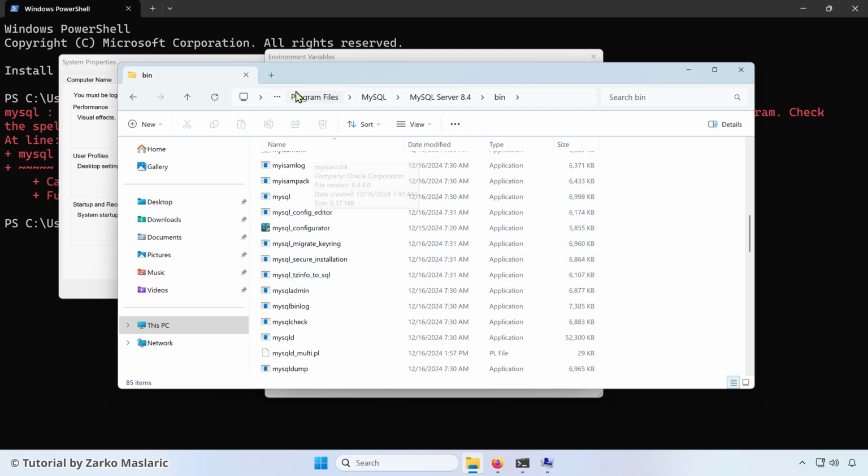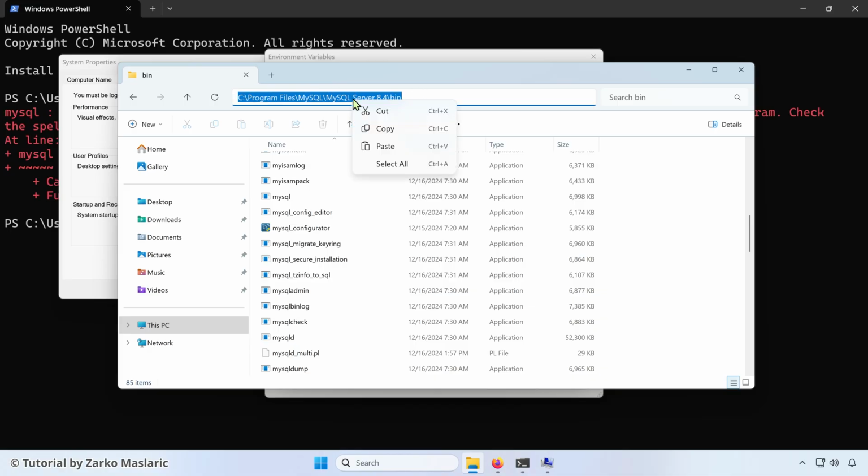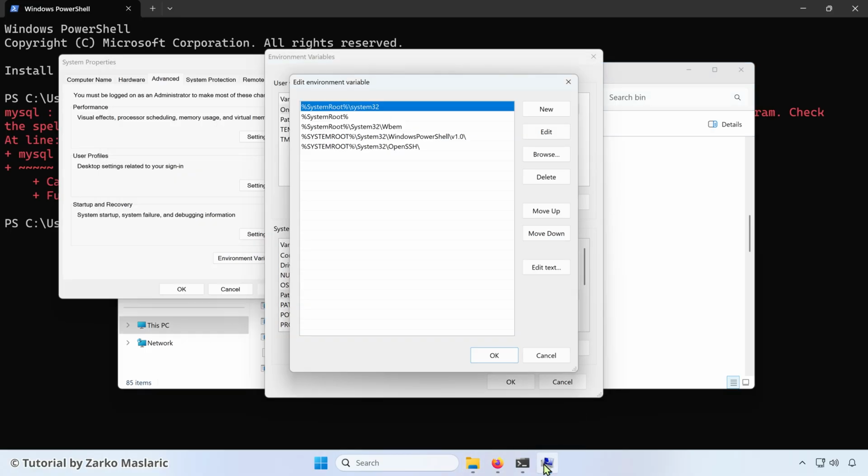What we actually need to do is here at the top you have the location bar. Just go and click on the right side of it here, and then it will show you the full path to this folder that we're currently in. So it should highlight it, or you can manually highlight it like I did just now, and then right click and then press copy here, and then go back to that environment variables interface that you were just on, and